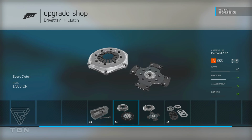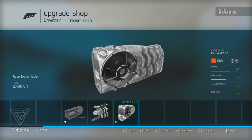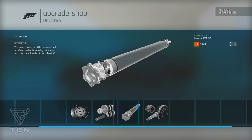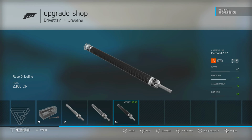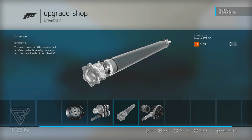And for drivetrain, we're going to throw every racing part available on the drivetrain, because that's what's needed when it comes to drifting for high points and stuff, is you need to maximize your upgrades. The only things you really need tweaking is the performance of your engine, how much power it pushes out, how much torque it pushes out. So I'm going to throw every race part on,